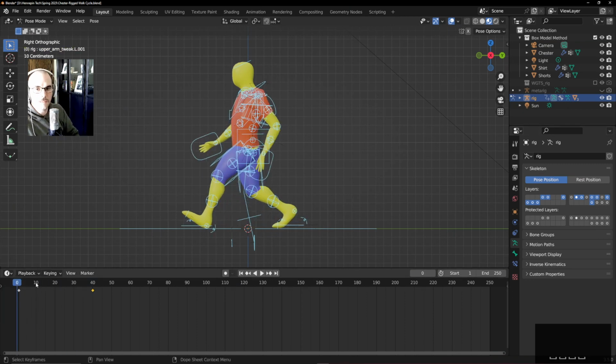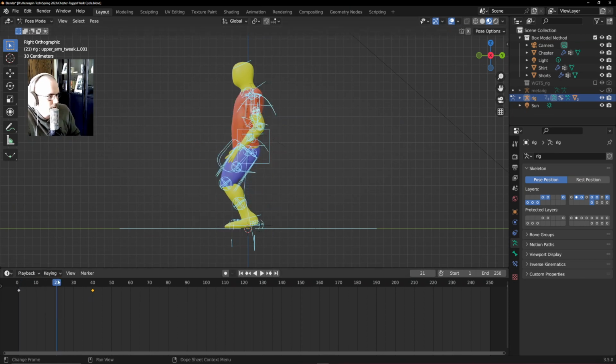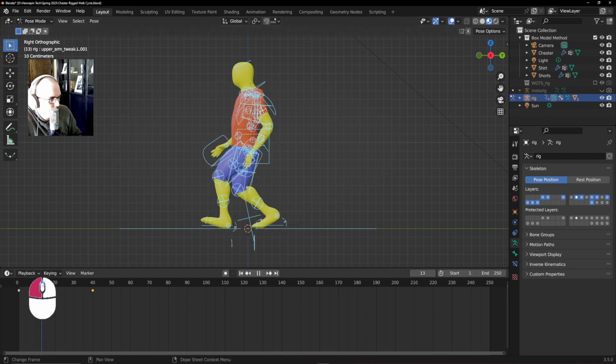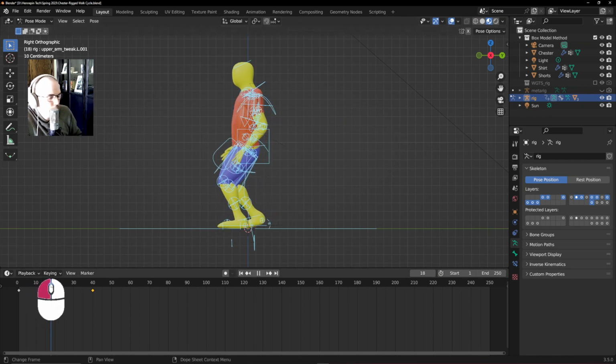Okay, so next part of my process is I'm going to figure out what would be on frame 20 here. So what does it look like on frame 20? We're halfway through. So if I'm thinking about how a person walks, Chester is stepping down on his left foot here. So the left foot is probably extending upwards a little bit. The torso is probably moving up, and the right leg is in the air stepping forward. So at frame 20 here,